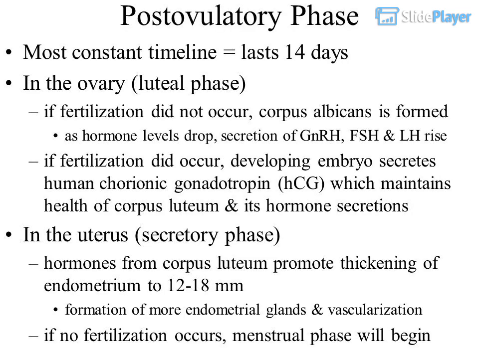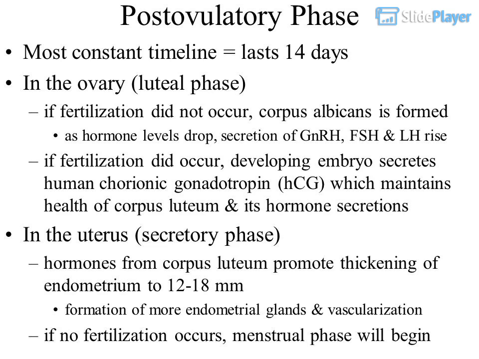Post-ovulatory phase, the most constant timeline, lasts 14 days. In the ovary, luteal phase. If fertilization did not occur, the corpus albicans is formed. As hormone levels drop, secretion of GnRH, FSH and LH rise. If fertilization did occur, the developing embryo secretes human chorionic gonadotropin, hCG, which maintains the health of the corpus luteum and its hormone